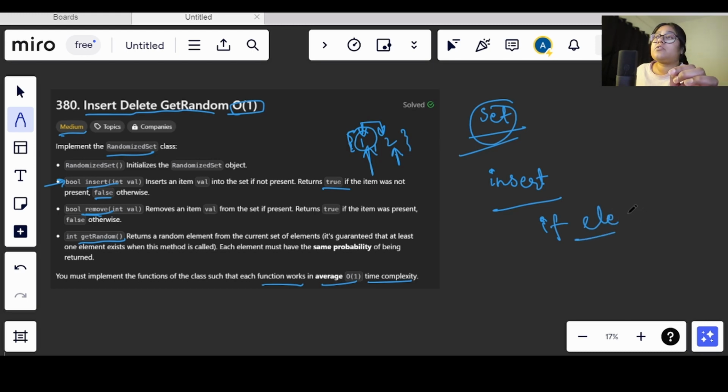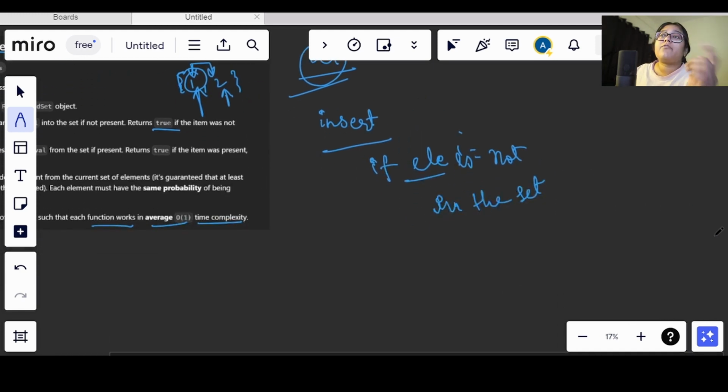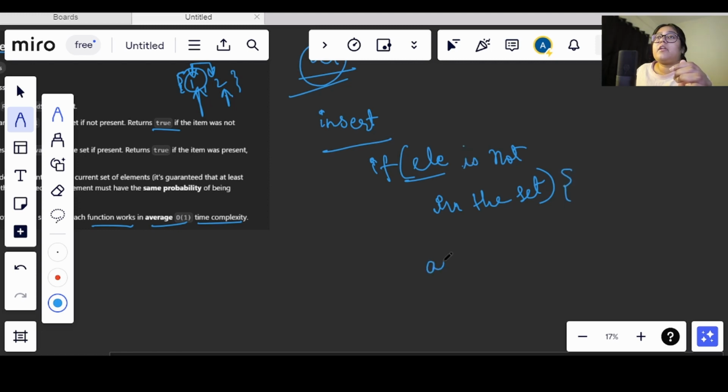If the element is not in the set, then what you have to do is you have to return true and you have to add that value, right? So first you will add the value in the set. So if the element is not in the set, add the value in the set